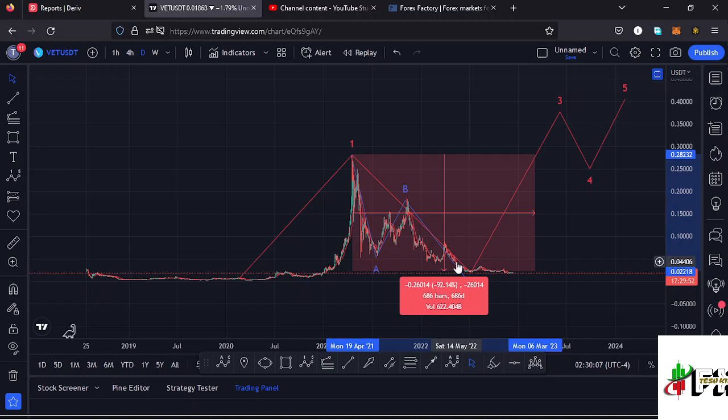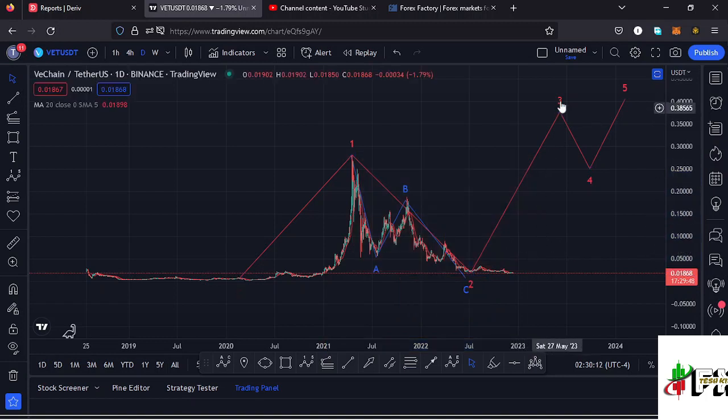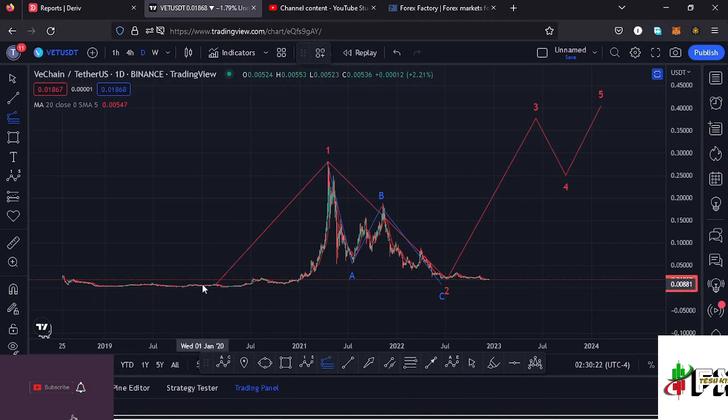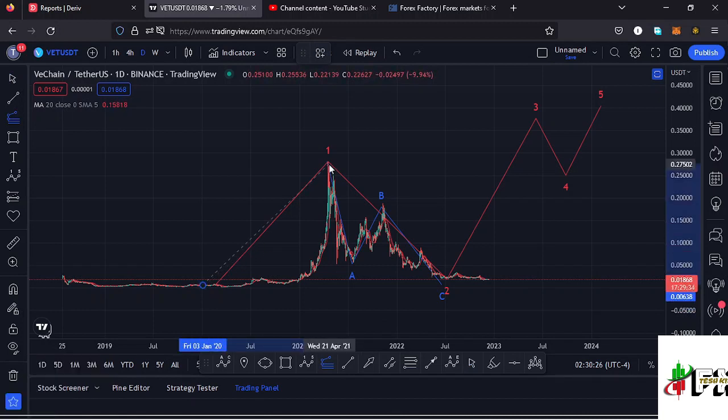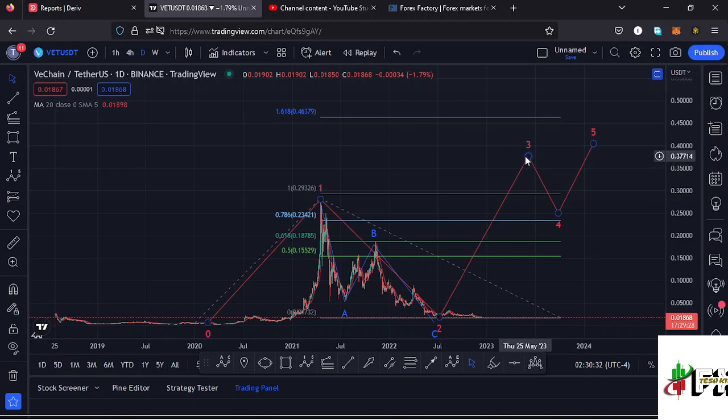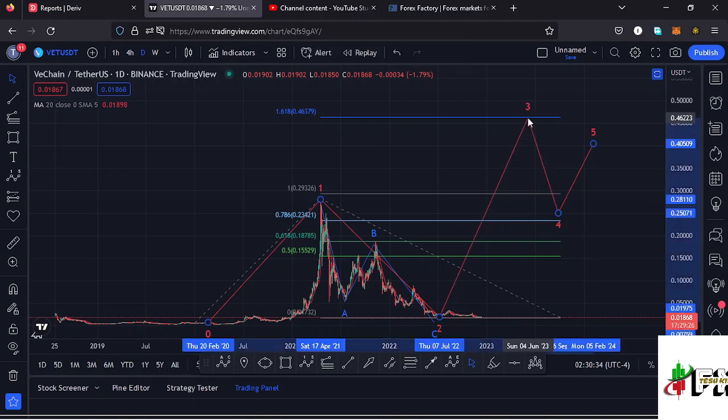We need to have that in mind also, and having that on the chart, we can also sketch out a minimum target area to the upside in the formation of this wave 3, using a trend-based Fibonacci to give us the long-term scenario that I'm expecting to play out here on the Vechain chart, by connecting the Fibonacci's from the low of the first wave to the high of that wave 1, then dragging the fibs to the low of the second wave, and that gives me a minimum target area to the upside at the fib level 1.618, which perfectly lies at around the